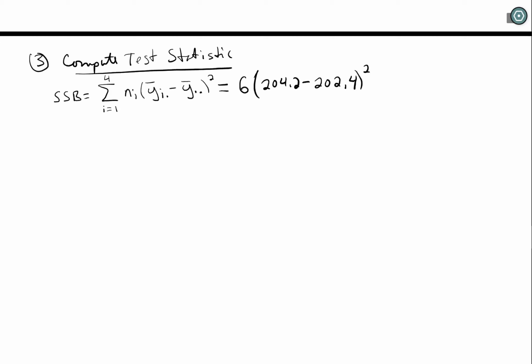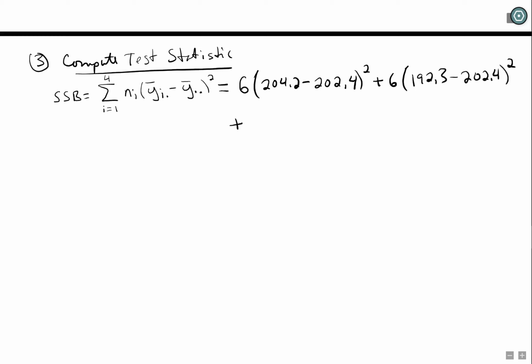202.4. All right, square that. I'm going to add it now. I'm going to go from i equal to 1, i equal to 2. So I'm going to have 6 out in front again. 6 times, in this case, the second sample mean was 192.3 minus 202.4 squared,